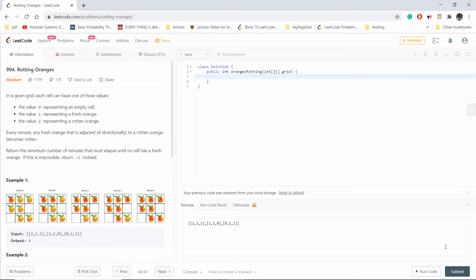The directions are four: up, down, and both sideways. So it will convert all four direction cells in each minute.